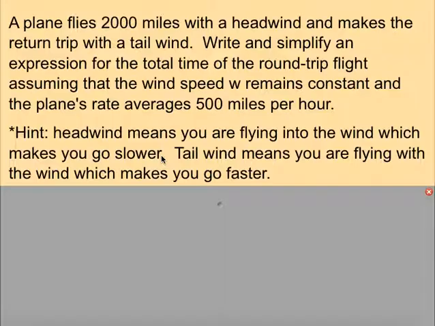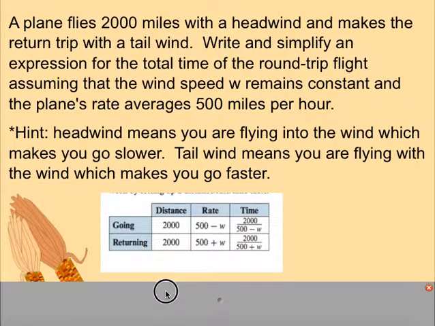All right, now I'll just show you a couple more word problems here that you can try. A plane flies 2,000 miles with a headwind and makes a return trip with a tailwind. Write and simplify an expression for the total time of the round trip, assuming the wind speed W remains constant and the plane averages 500 miles per hour. So in this case, what you are doing,